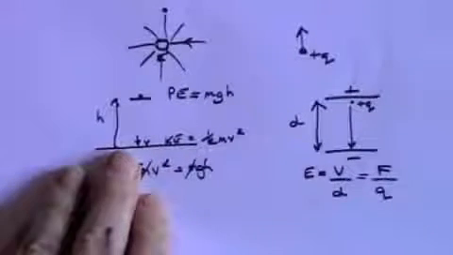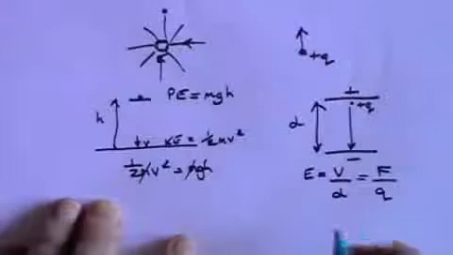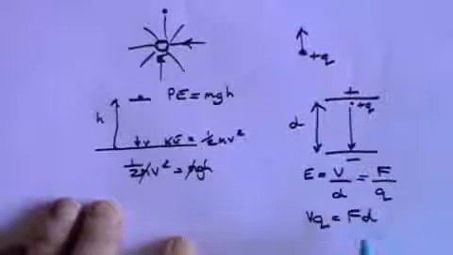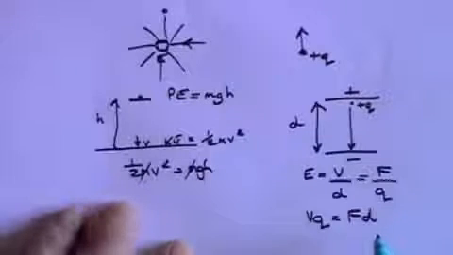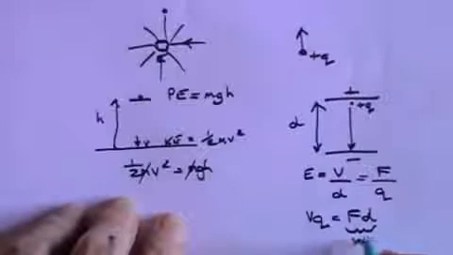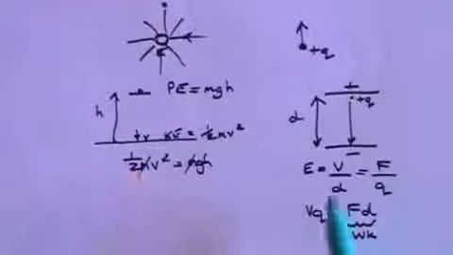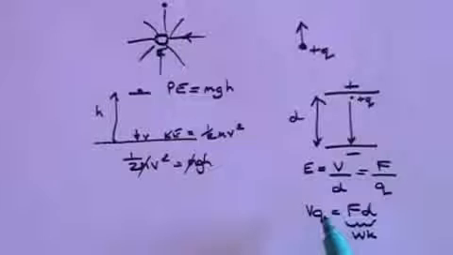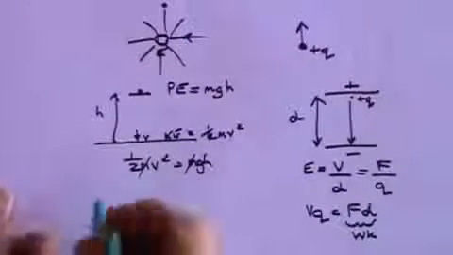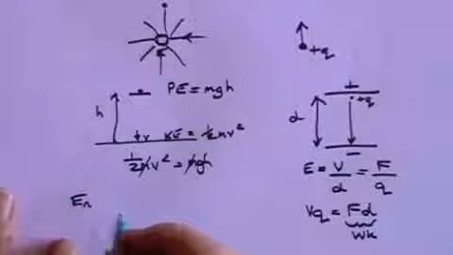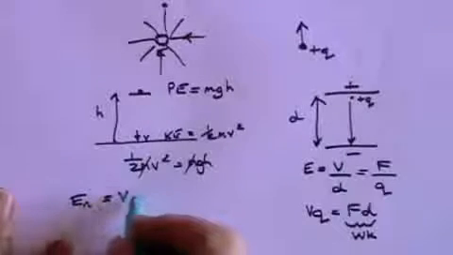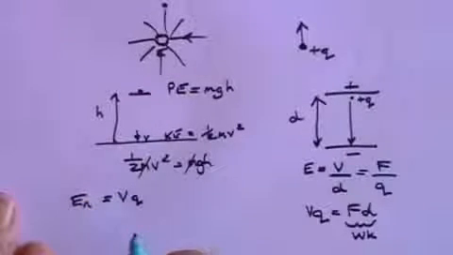And if you multiply those out, then you can say that VQ equals FD. But what is force times distance? Force times distance is a measure of the work done, or the energy. And so now we see why VQ is a measure of energy. And to take that a little bit further, if we say that energy, I'm going to call that En to distinguish it from the field, is equal to VQ, then power